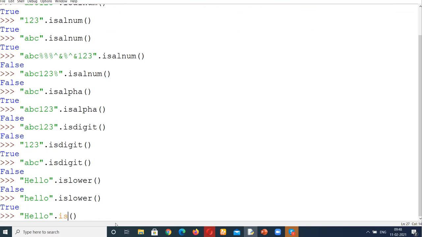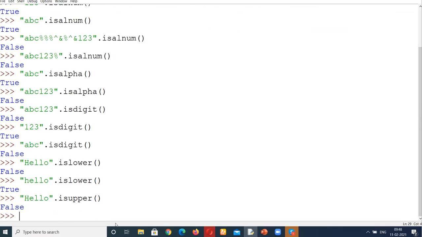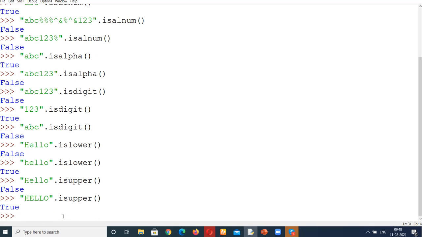Now with the name only, you can understand that it is going to check whether a given string is in uppercase or not. All characters must be in uppercase. That is compulsory. So when I have given hello like this, it gives me false. The reason is because this complete string is not in capital letters. But if you give the same string, HELLO in capital, you can see that it is working perfectly. So you need to give everything in capital, then only you will get a true answer over here.